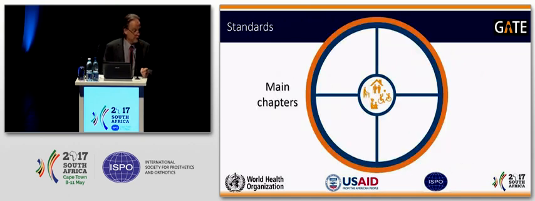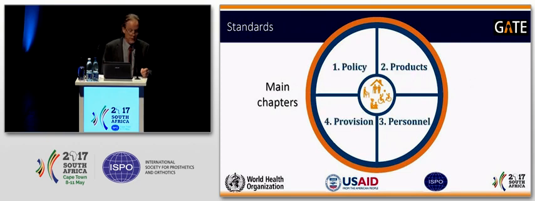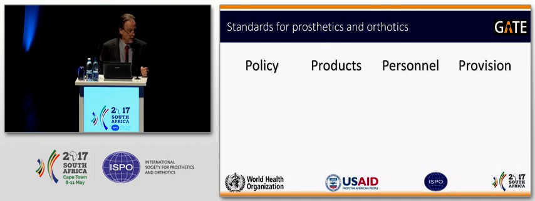We have already seen the 4 chapters: policy, products, personnel, provision. That is the 4 Ps. Should be mentioned somewhere. Yeah. And if we look at the 4 chapters, in part 1, they also have 4 subsections. So it's a kind of 4x4